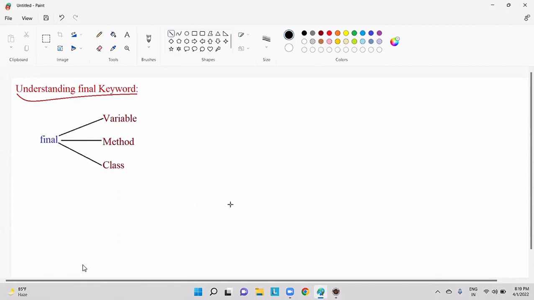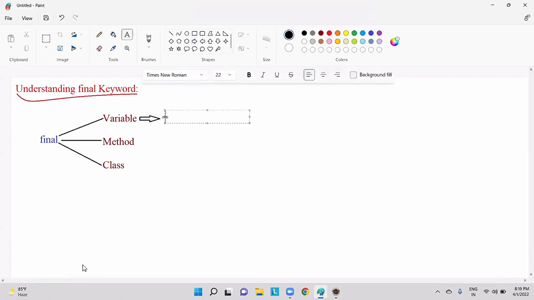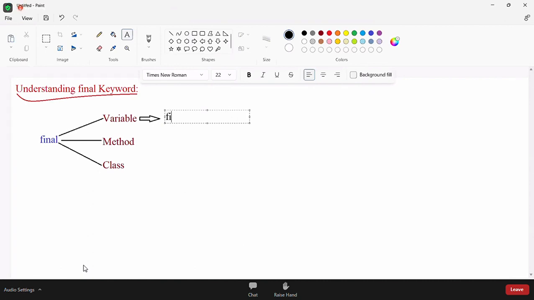Variable, method, and class. Now, variable: if you declare a variable as final, final variables are constants.